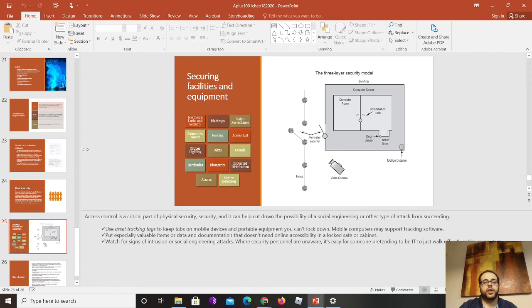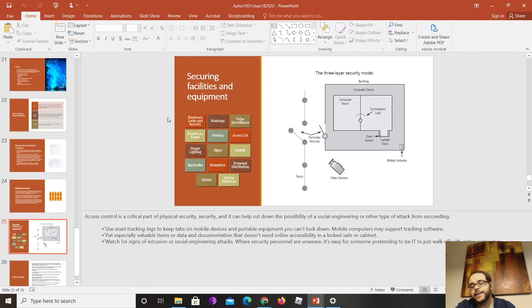So this is another list of several different types of security control. You have also hardware locks and security, we talked about that. You have man traps, which are those rotating doors that you see sometimes in buildings. This is to keep tailgating from happening. So one person passes the badge, they go through a door that only fits one person. So when a person comes behind, they're not going to be able to get in the building if they don't have a badge.